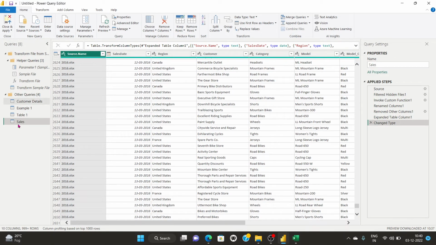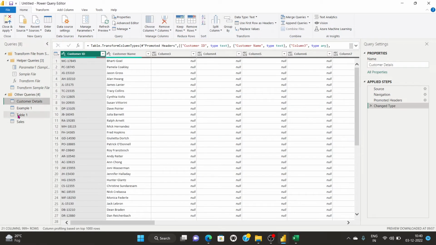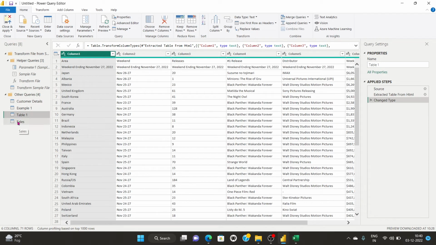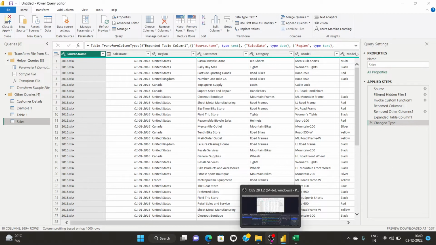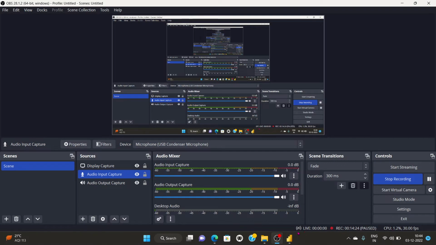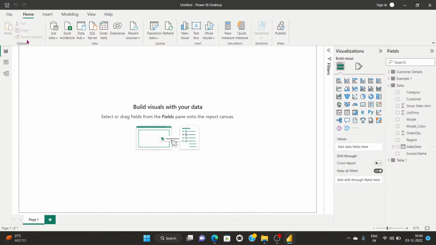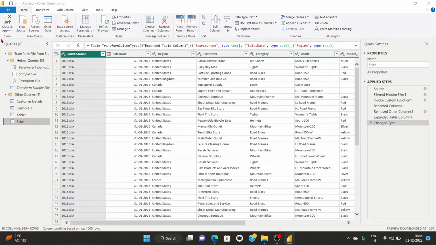Right, so now table 1 is also reflected here. So this is going to perform on all the data set. So coming back to the Power BI editor tool, as far as the file tab is concerned, it's very much